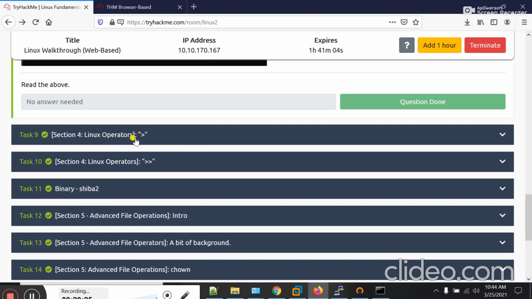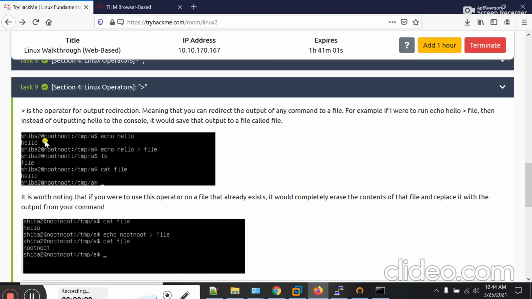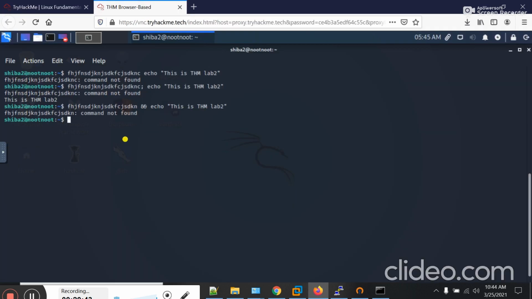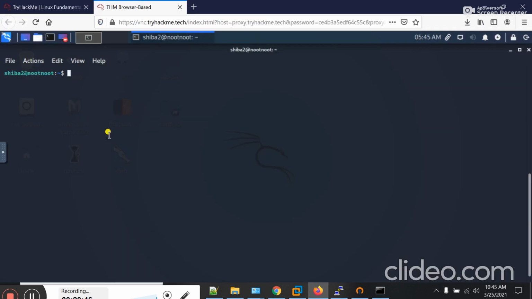Okay, let's move on. Task 9, that is the greater than sign. Basically, the greater than operator will be used to redirect an output to a file. By using this operator, you can save the output to a file. Something like that. If I create a file here, let's suppose I type echo, this is second lab of try hack me